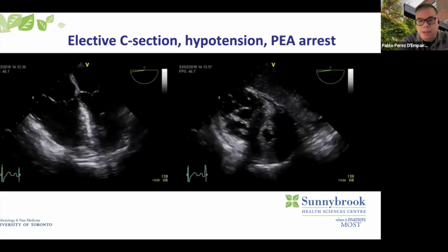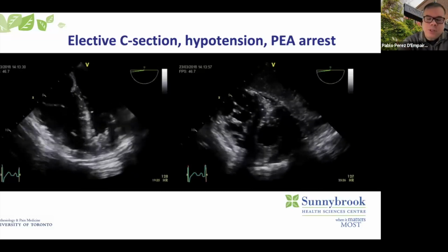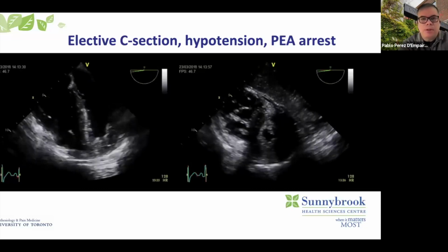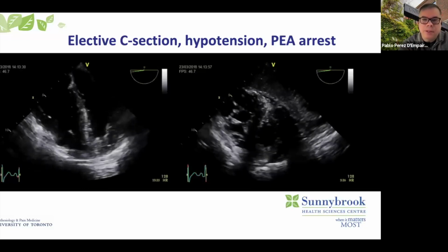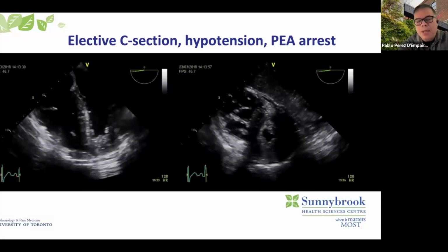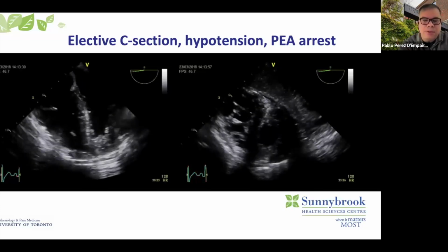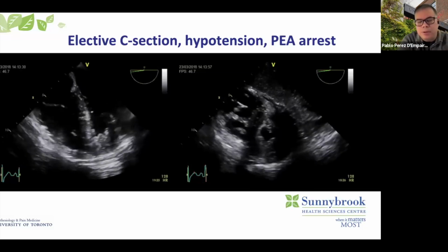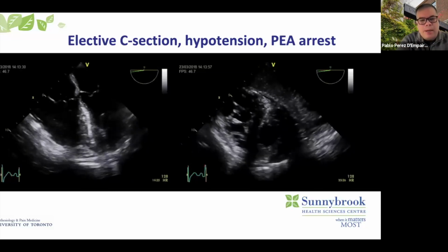There's a patient who was having an elective C-section, and after delivering the baby, went into cardiac arrest, which was quite unusual because there was no clear reason, no clear sources like bleeding or high spinal anesthetic or other reasons. And it was a previously healthy patient with no significant medical history during pregnancy. And after 3 rounds of CPR and ACLS, they were not obtaining ROSC, so they called if we could help with the probe, and we went into the labor and delivery ORs, and put a TEE probe,